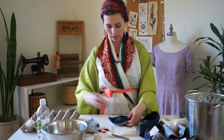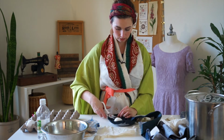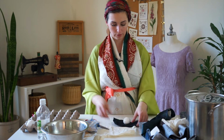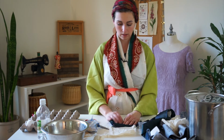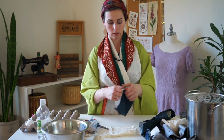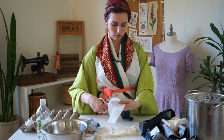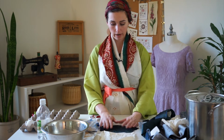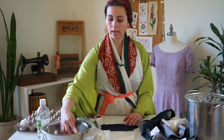So I'll just set my egg in to get an idea of how much fabric I need, and then cut a strip from the tie. And I'm cutting off a rough rectangle so that I can set the egg in there. And there's actually two pieces, so I'll take out the lining of the tie, because I don't need this. Okay, so it's just the tie fabric there,